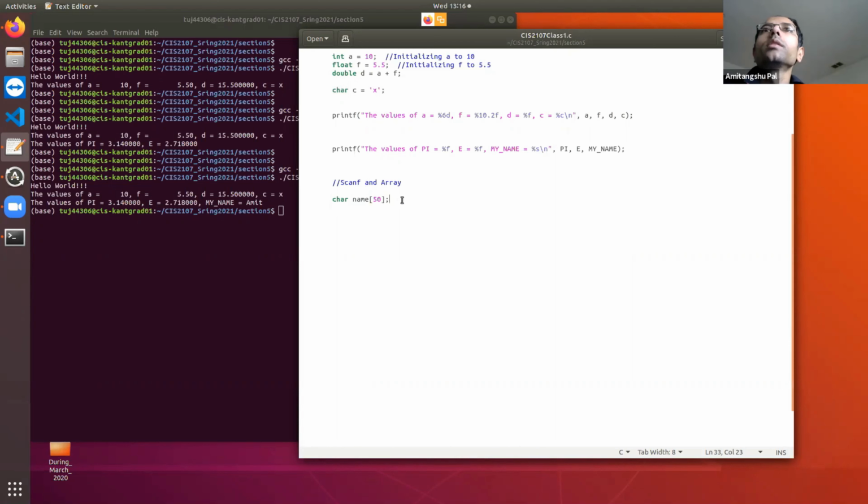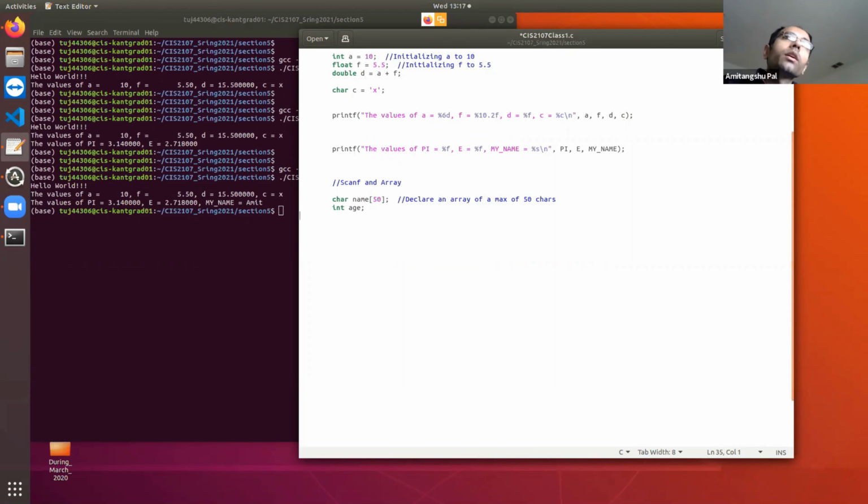Okay. So this is going to declare an array of a maximum of 50, and age. Okay, so name is going to store the name that the user is going to input. Age is going to store his or her age.